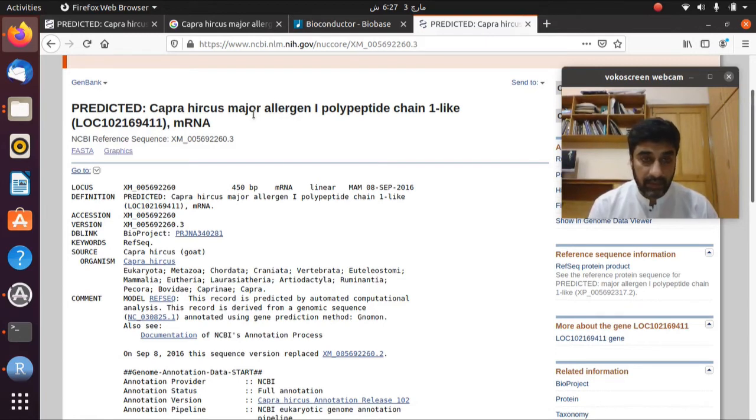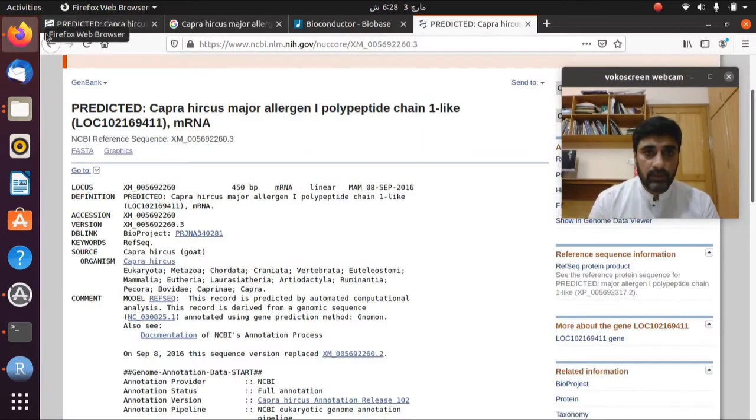But somehow this gene is named as major allergen 1 polypeptide chain, but this is not the case with all the genes. Let's go back and find if there is any other gene, for example if we look into this transcript.